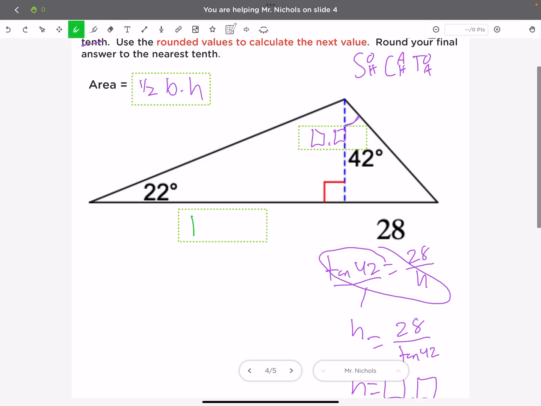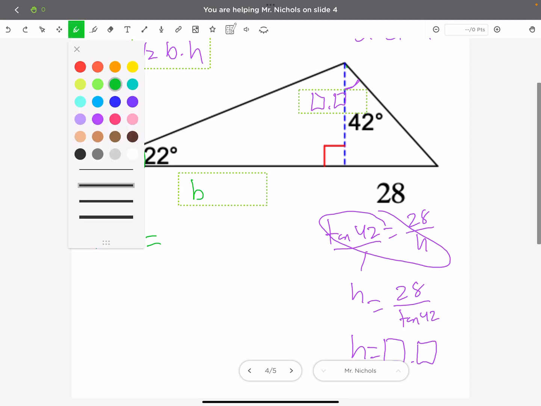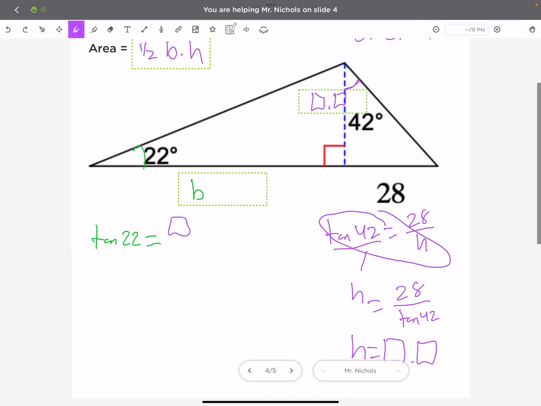Now to find B, and we'll switch up the color, let's make it green. So B, right here, we're actually going to use this height that I calculated, the H in the first problem, right? So now we're working off this 22, and once again, it's a tangent, right? Because my purple line here is the opposite and the B is the adjacent, so I would say tangent of 22 is equal to whatever your rounded value is, to 1 decimal place, and this might be a 2-digit number, I'm not sure,